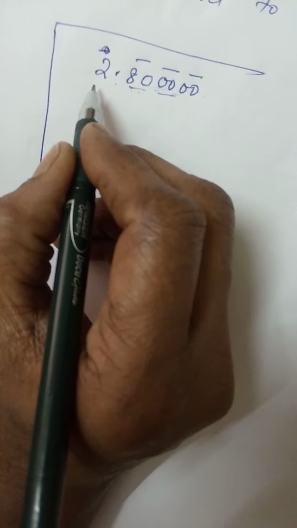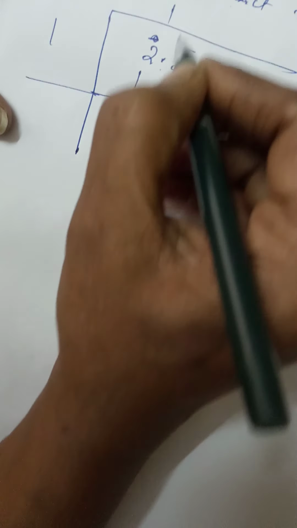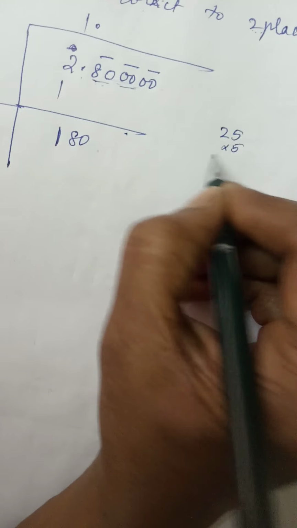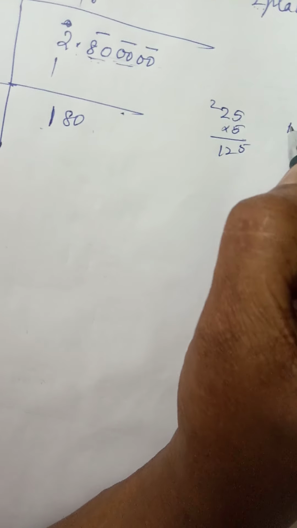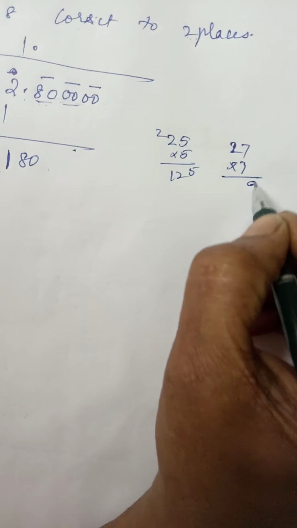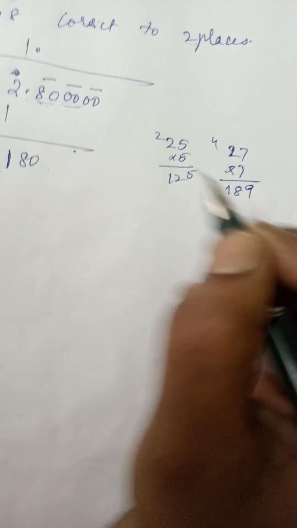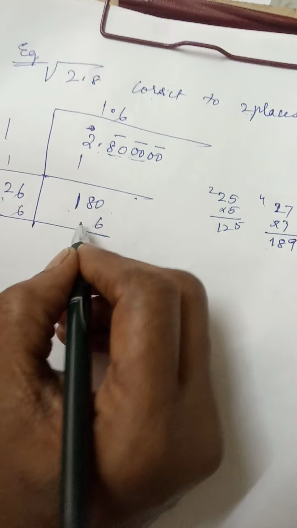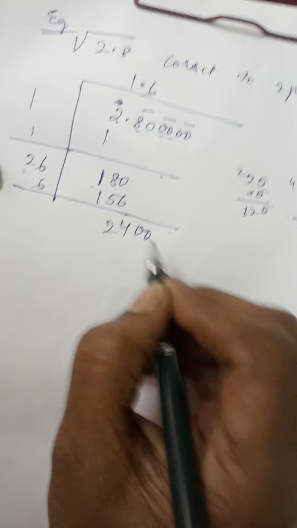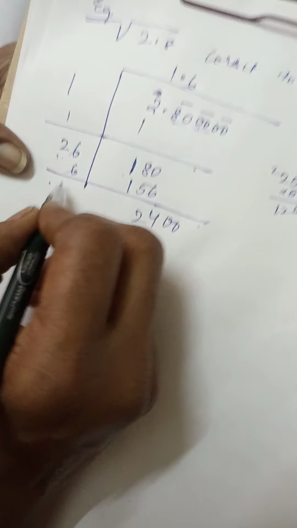Now less than 2, what is the square root? You know, 1 one is 1. Now 2 minus 1 is 1. Get the number 80. Before this put the decimal here. 1 plus 1 is 2. Now try with 2. 5 5s are 25, 5 2s are 10, 125. There is a large difference, so we'll try with 7. 7 7s are 49, 7 2s are 14, 189. Very big. So 6: 6 6s are 36, 6 2s are 12, 156. So 24. Get the other number, 2 zeros. So add it, that is 32.